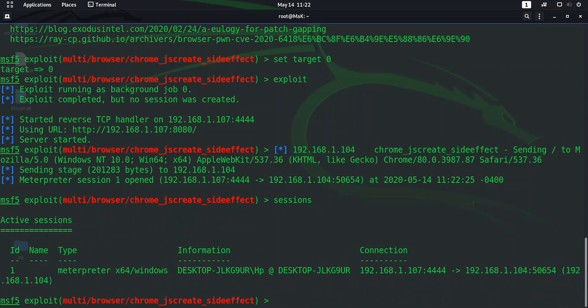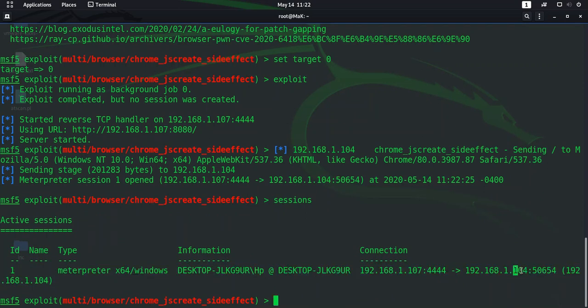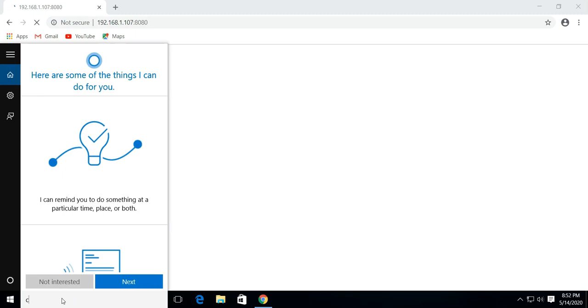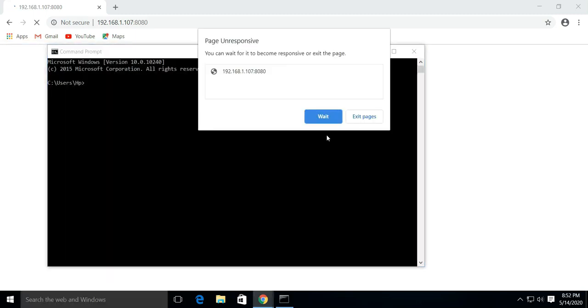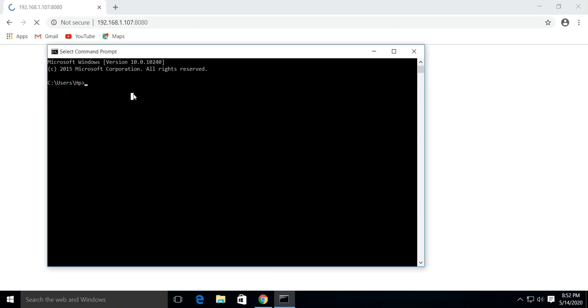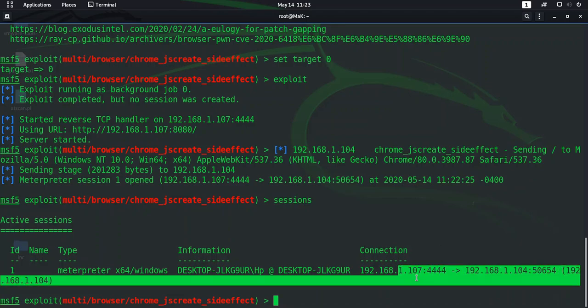I'm going to go to sessions. Here is the session. As you can see, the IP is being shown here. Let us just confirm it. As you can see, the IP is 104, which is exactly where we are.